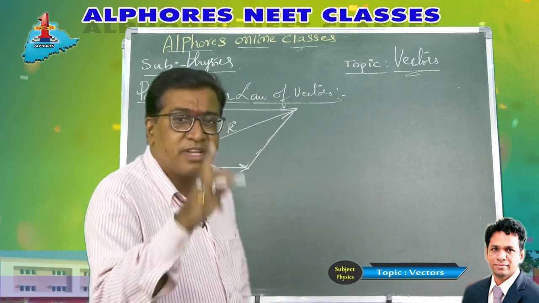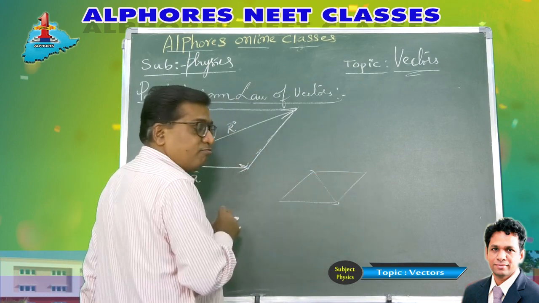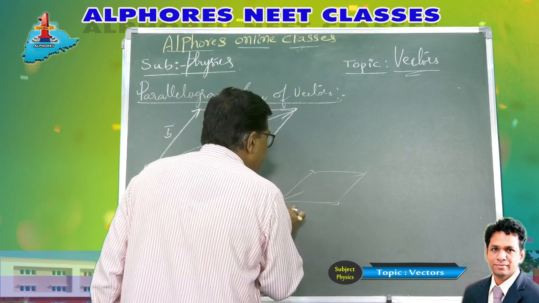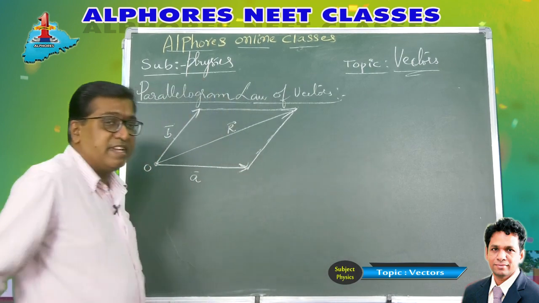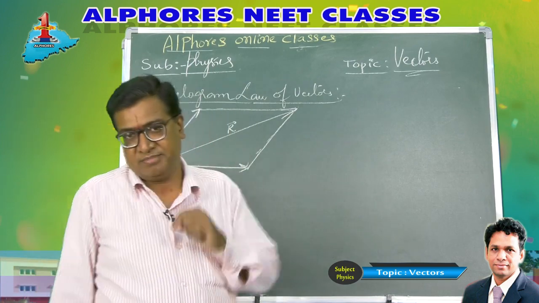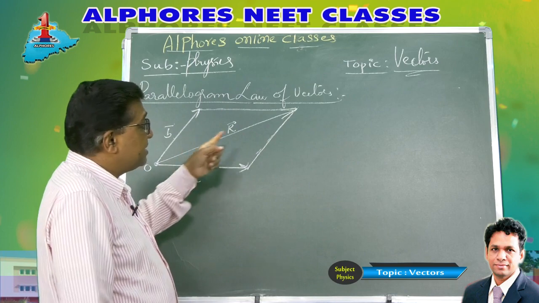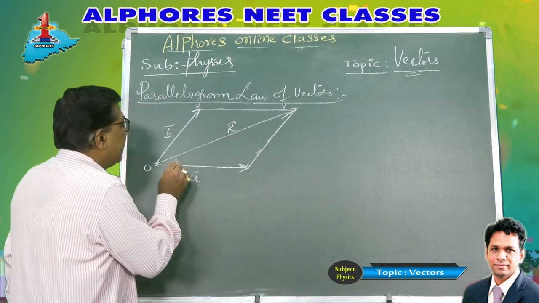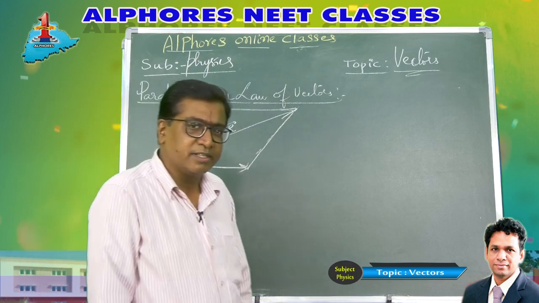Well, for a parallelogram, there are two diagonals. Suppose I consider a parallelogram like this, even this is also a diagonal. We don't consider this diagonal, we are taking this. So the diagonal that is passing through the point of intersection of the vectors represents the resultant of these two vectors in magnitude and direction. Again, corresponding to its magnitude, the length of this resultant vector will be proportional to its magnitude, and the direction of the resultant will also be along its resultant direction. Right?